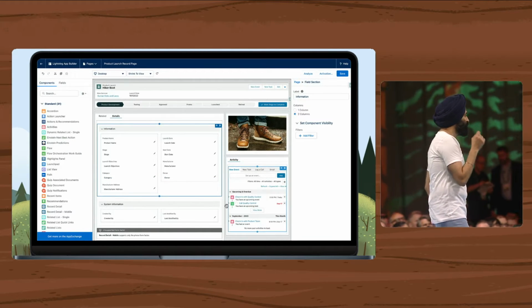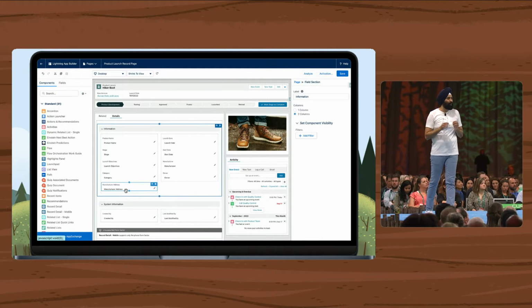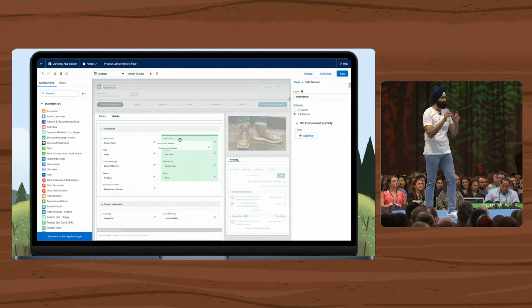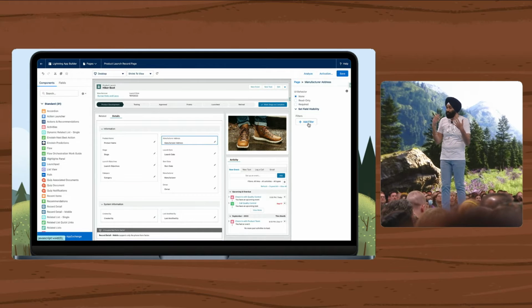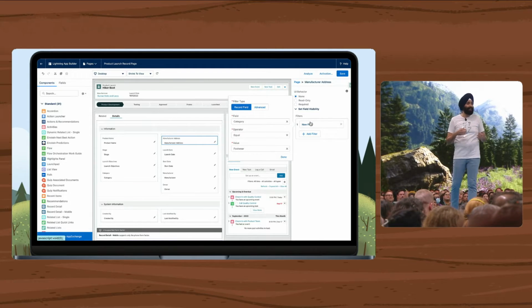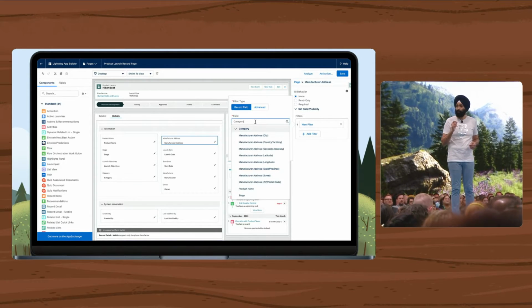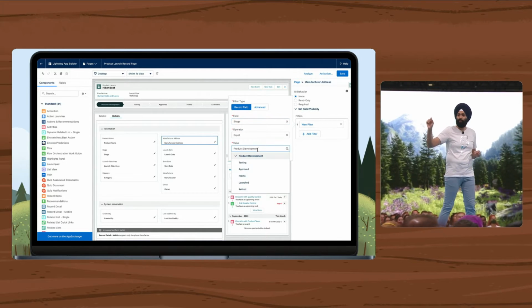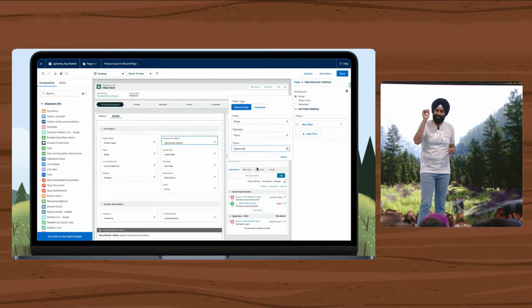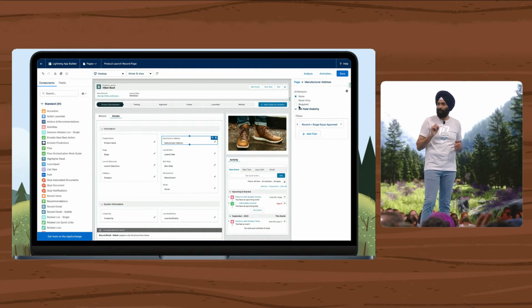Now, with dynamic forms, she has full control over the entire page layout directly from the app builder, where she has full control over what fields show up, but not just what fields, but when they show up and how they behave when they show up. For instance, Maria wants the address field to only show up when the product stage is marked to approve. And when it does show up, she wants it to be non-editable.